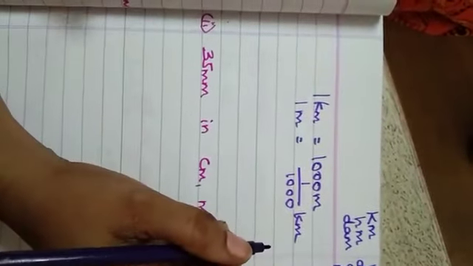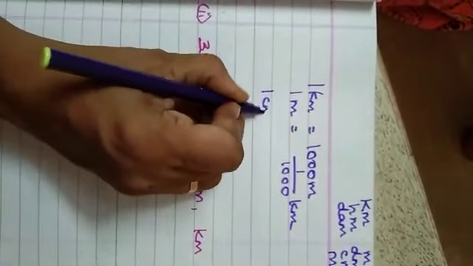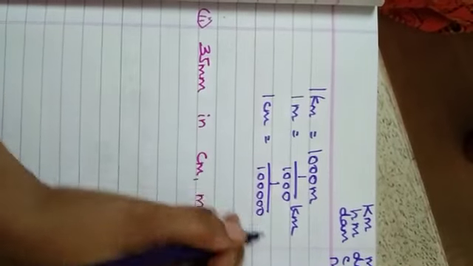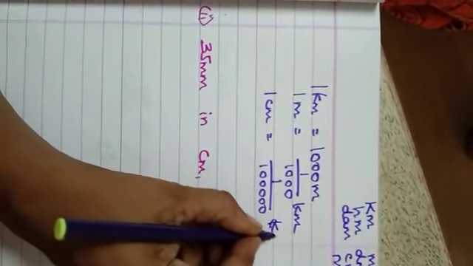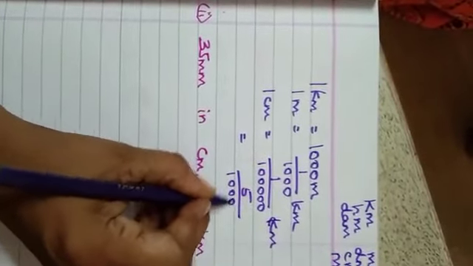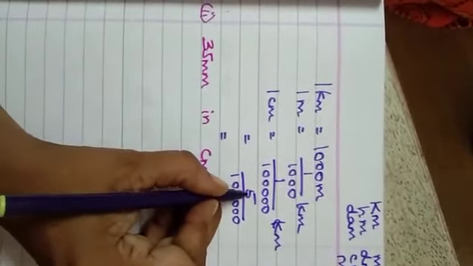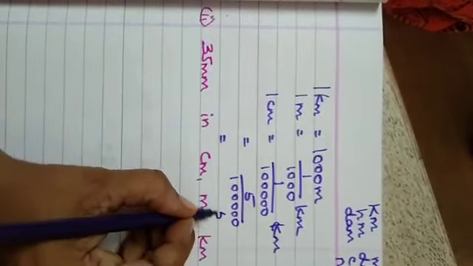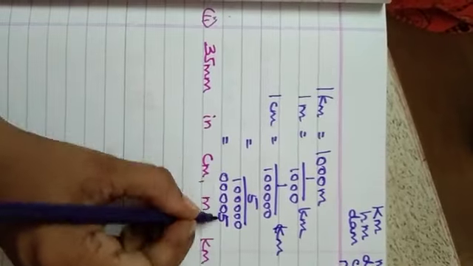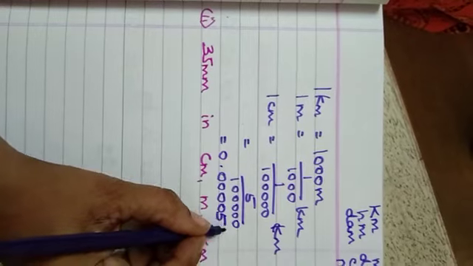But I want it in centimeter, so add 2 more zeros. So 1 centimeter is equal to 1 by 1, 2, 3, 4, 5 zeros, in kilometer. Now what is my number? 5. So 5 by 1 followed by 5 zeros. How many zeros have I got in the denominator? 5 zeros. But I have got only one number, so I keep that 5 as it is and add 4 zeros, 1, 2, 3, 4. So how many places will be there? 1, 2, 3, 4, 5. And put a point and write it as